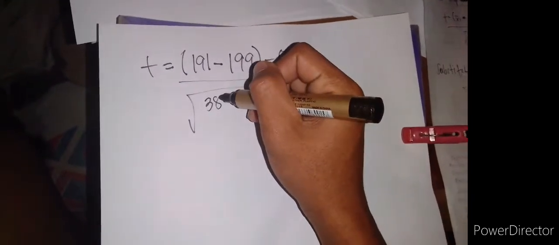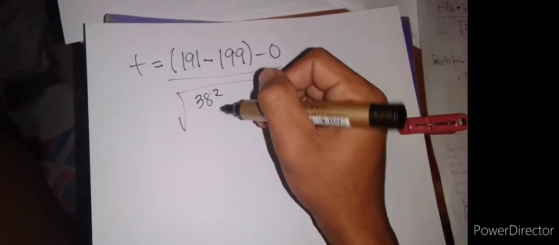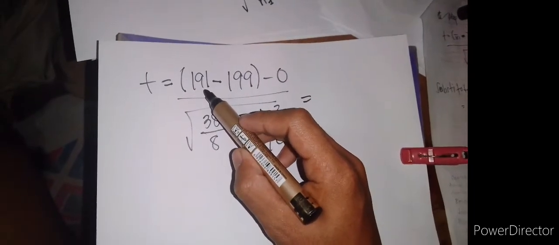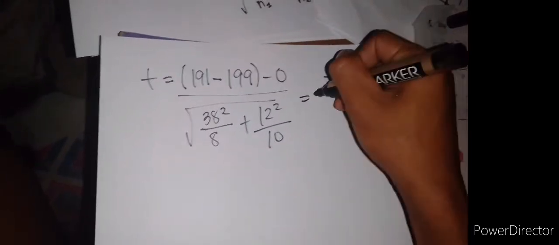The test value is equal to, let's start with the population means because we have no sample mean: the first population mean, 191, minus the second population mean, 199, minus 0, the sample mean, divided by the square root of 38, the first standard deviation squared, divided by 8, plus the second standard deviation squared divided by 10, the second sample size, equals 191 minus 199 equals negative 8, divided by the